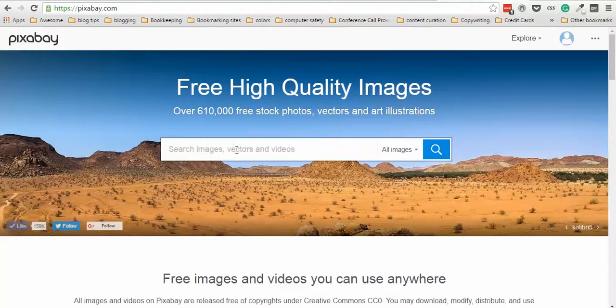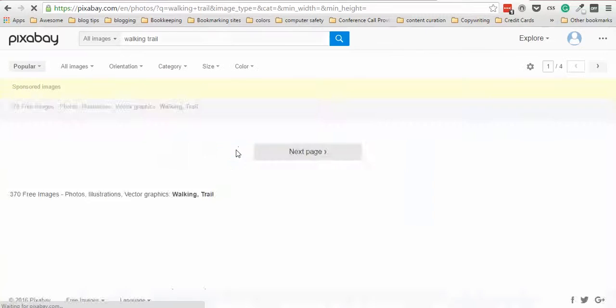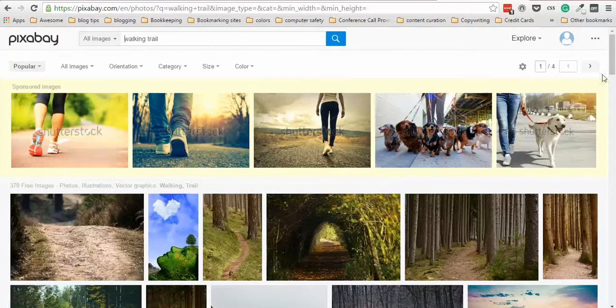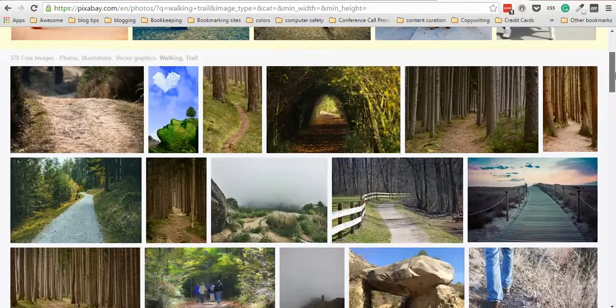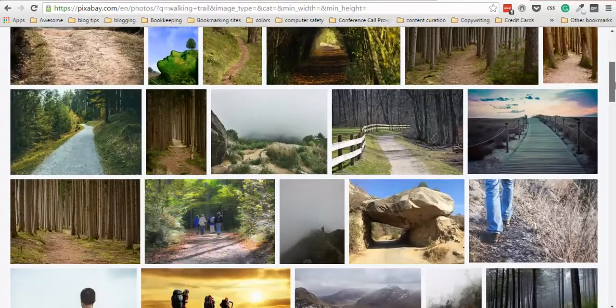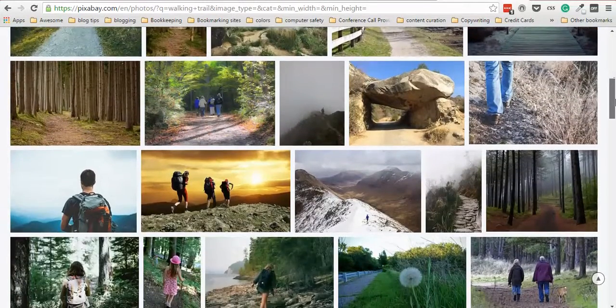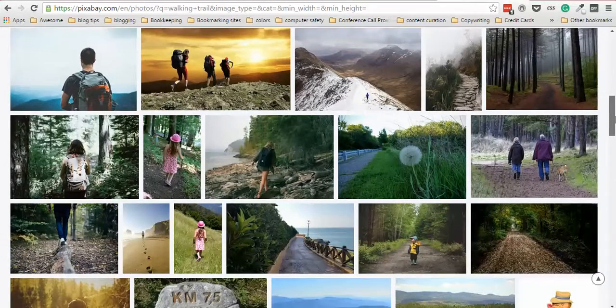So I'm going to search for an image for how to walk in faith. So I'm going to make a walking trail. That's the image I'm going to look for. Walking trail. Okay, and so I want to have an image where it has some sky or something light colored, or some solid area where I can add